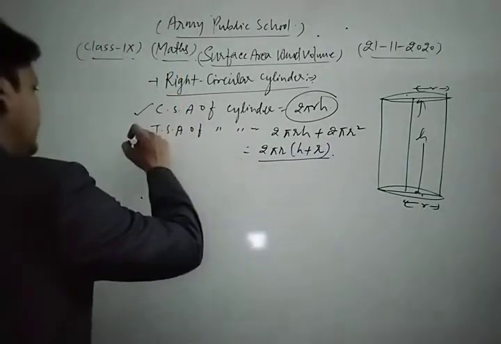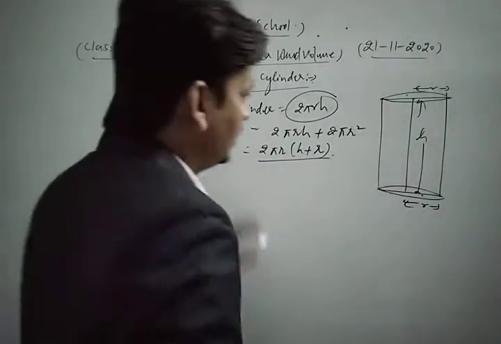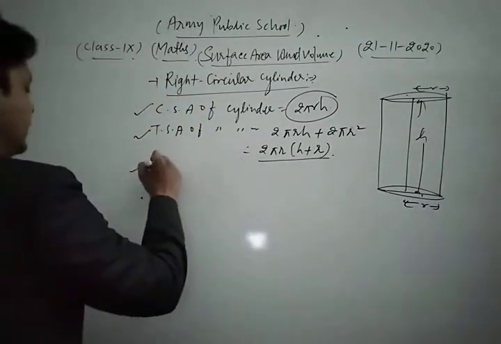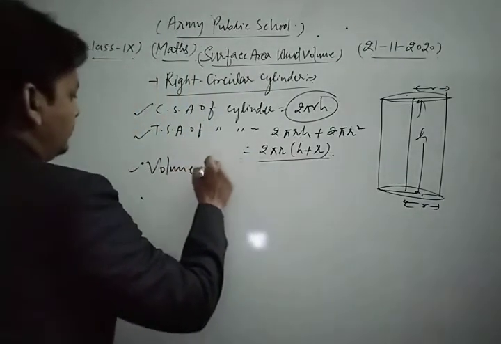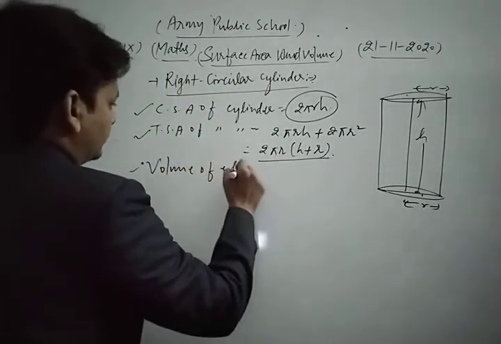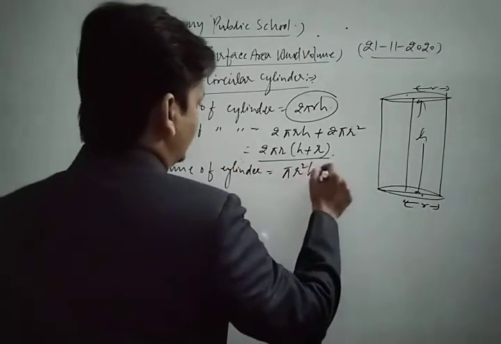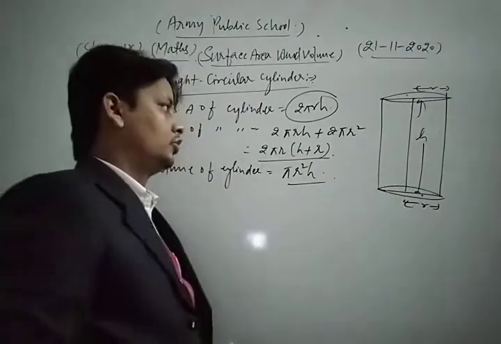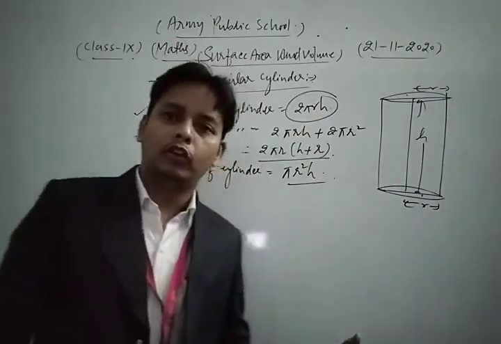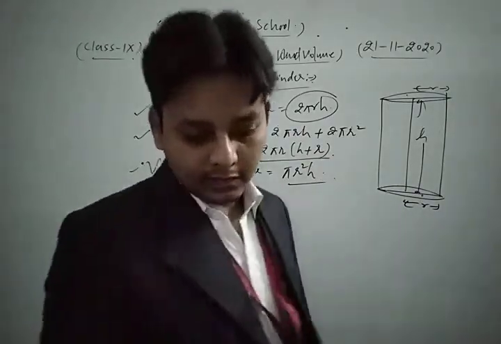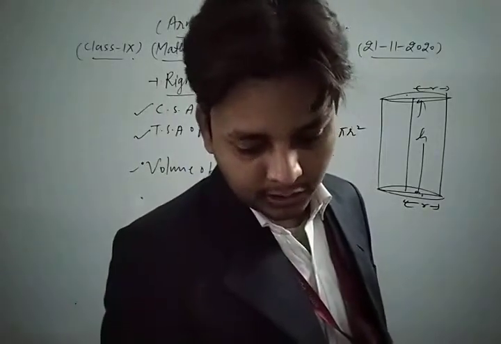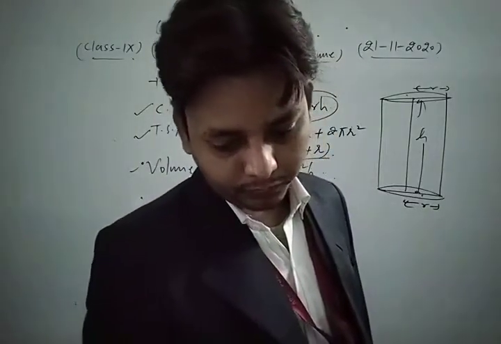This is the total surface area of the cylinder, and the volume of the cylinder is pi r square into h. So these are some important formulas related to the right circular cylinder. Okay,